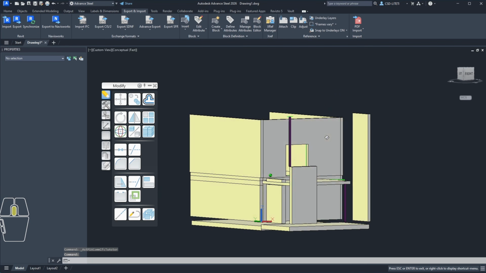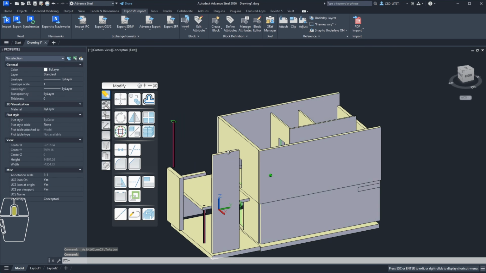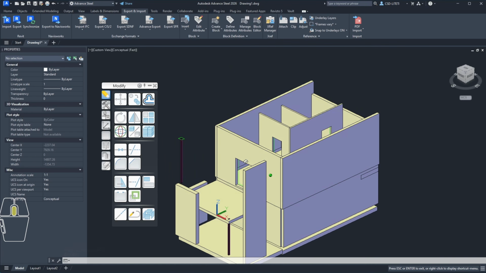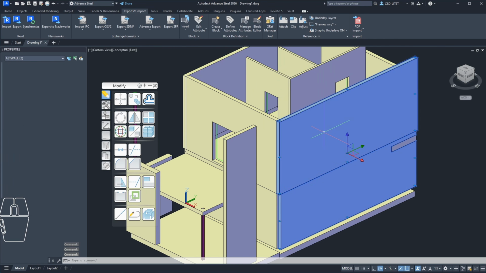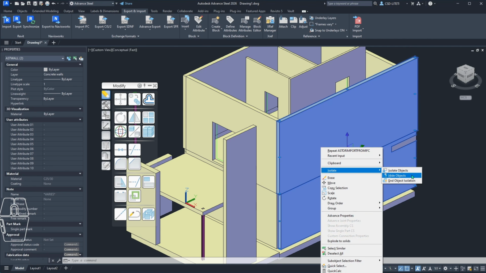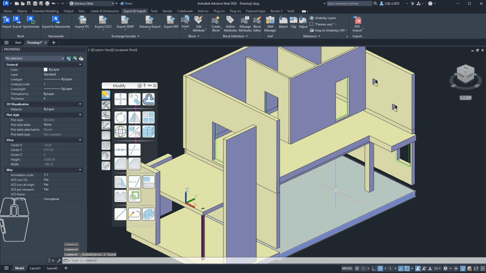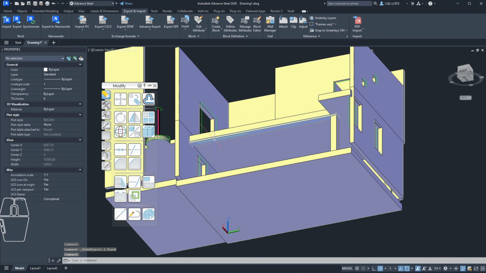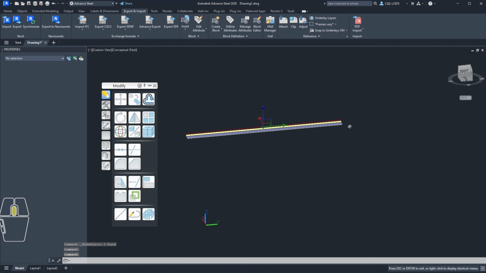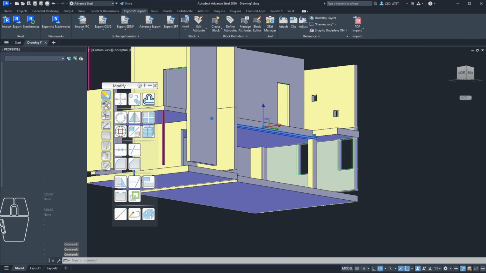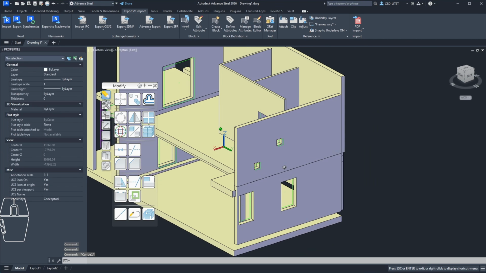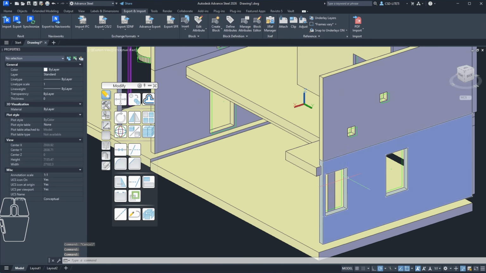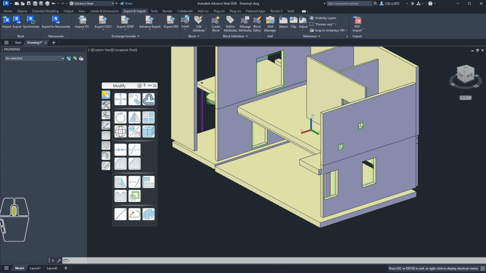Okay, so now from here we can see what we got. We got all the walls, we got the columns here, also I see the beam located here. I don't see the steel beam, which should be in this location. I see openings which are correctly created according to the ArchiCAD model,